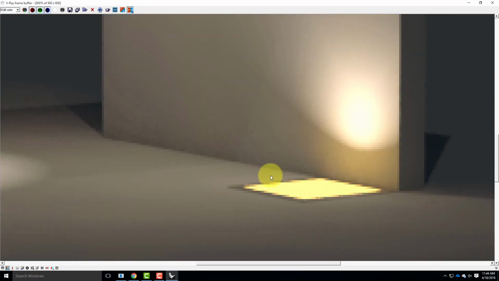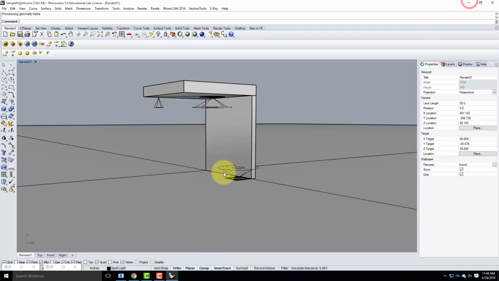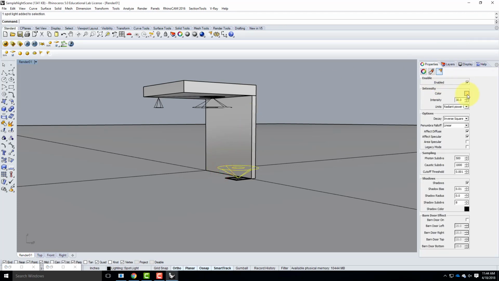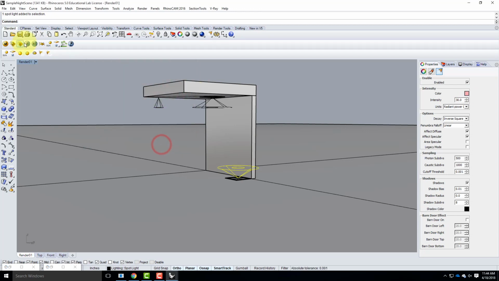So I could make this the floor tile that lights up. So you guys get how this can start to be kind of creative. I also don't have to be limited to the fact that this light is at that color. This is typical light color. This is what we use. This is our standard light color. But if I took this cone light and said, you know what, I'd really rather have this light be like a stage light and drop it over into a red tone, for example,